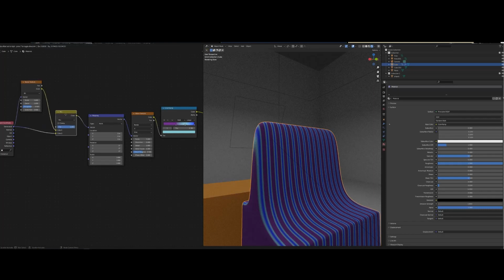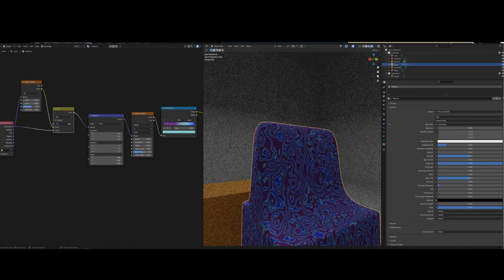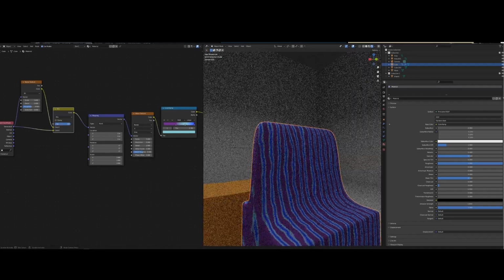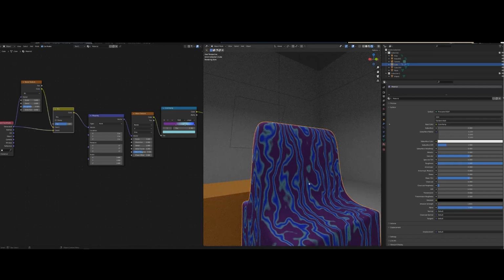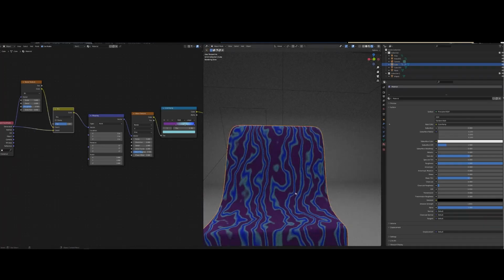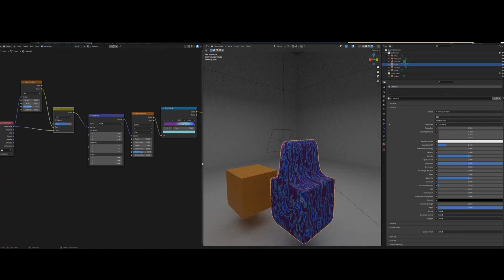And then I added a mixing node to decide how much of that noise I want applied to those waves. This is how I've made some of the textures for the cosmic planets, for example. Yeah, I went on a bit of a tangent there from the clear coats, but moving on with the shape,